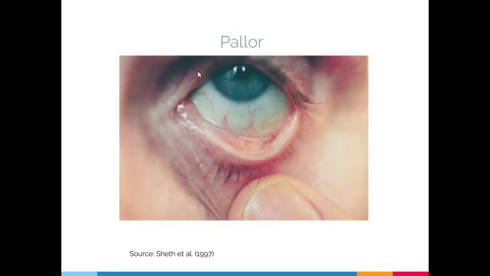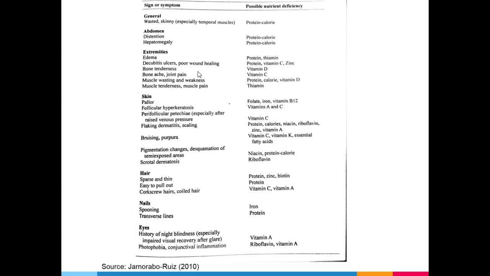So, kani guys nga table would show you findings of the physical exam, findings sa clinical assessment, and kung unsa nga possible nutrient deficiency ang implicated ana. Okay? Like for example, katong ingon nako, corkscrew hair, coiled hair, vitamin C. Okay? Aside from that, vitamin A deficiency can also lead to this, but usually vitamin C. Spooning or koilonychia, iron. Okay?